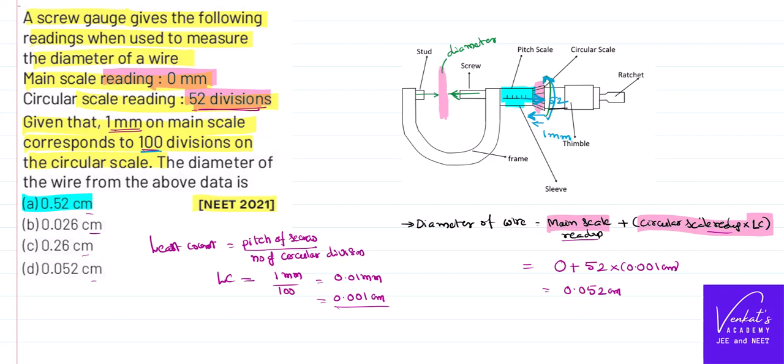No, sorry. It's not the first option. 0.052, that is the fourth option, is the right answer. First option is not the right answer. First option is wrong because it is in 0.052 centimeters. So while you are solving this kind of problem, particularly about a device called a screw gauge,